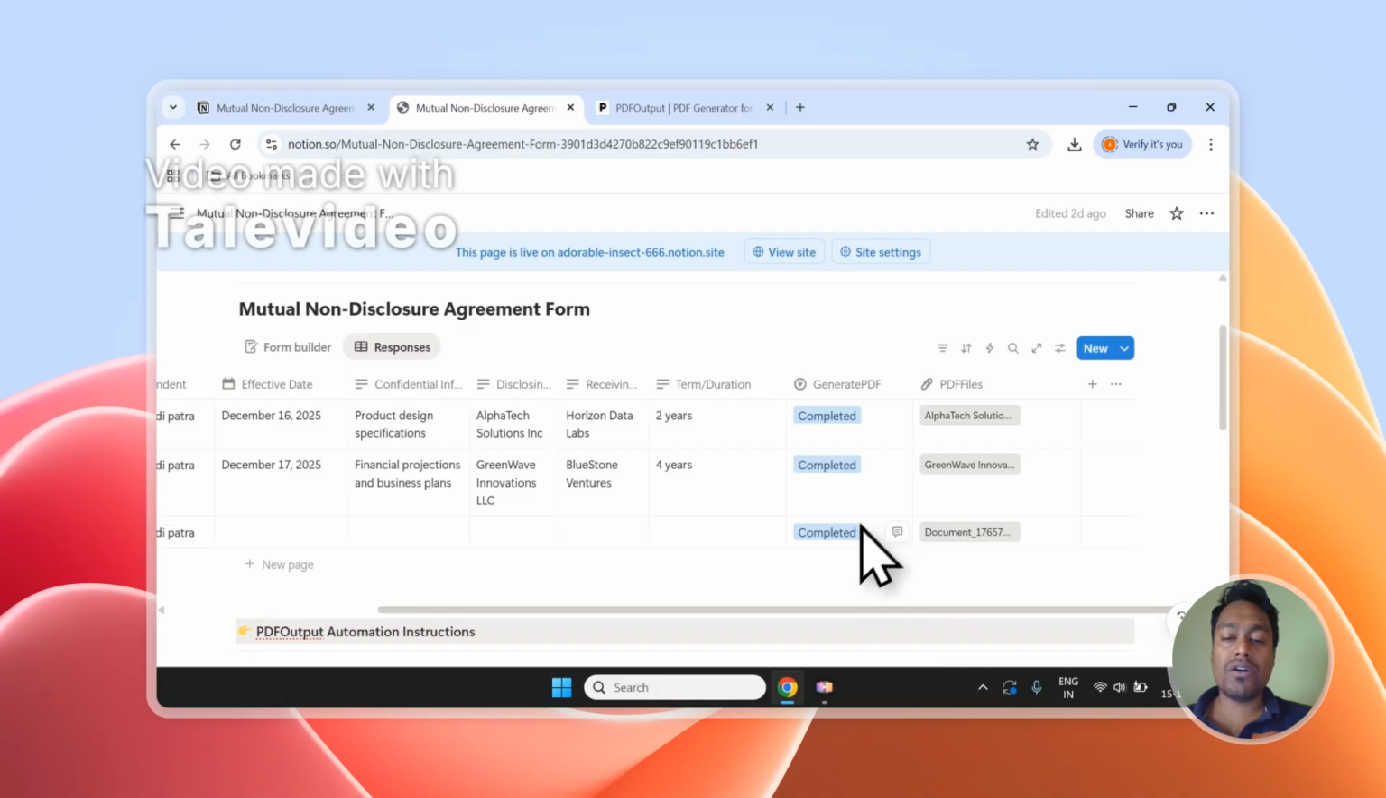As you can see, it has started processing the document and even completed the document right inside the database as we expected. So the PDF was created right from the